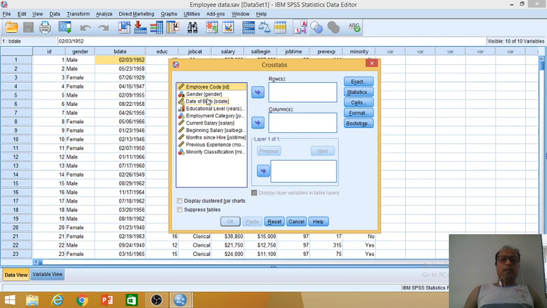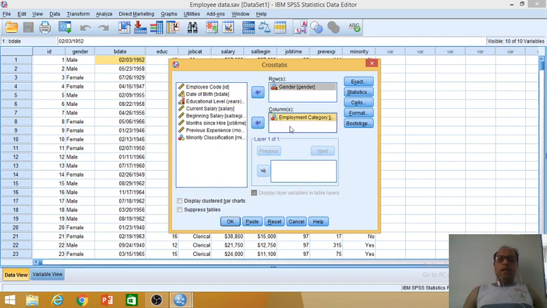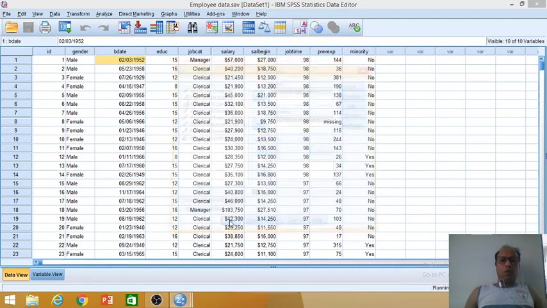So we select gender as a row variable and employment category as a column variable. Then we will go to the Cells menu, because if you just click OK, it will give you a table with absolute numbers. Let's give it a try. So we'll click on OK.